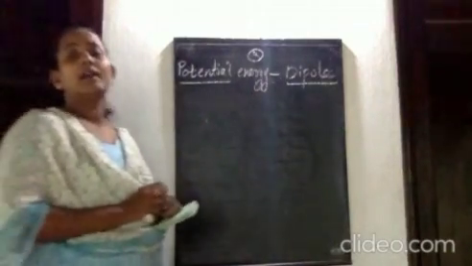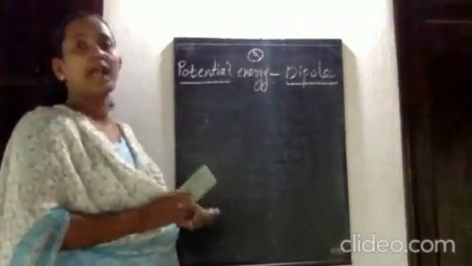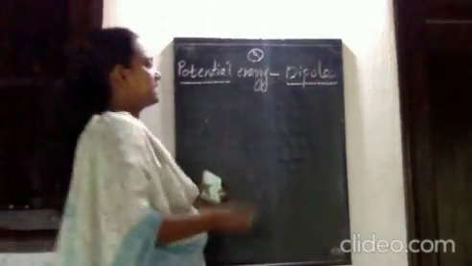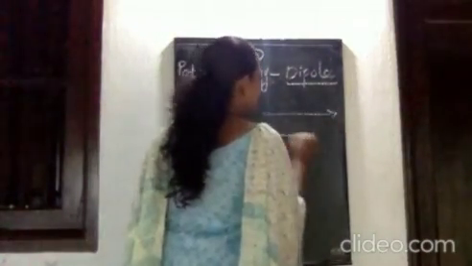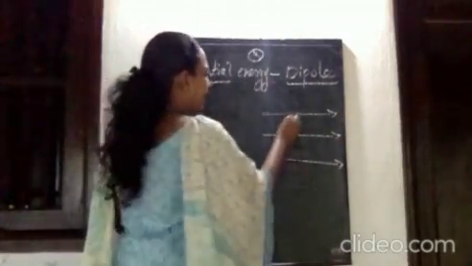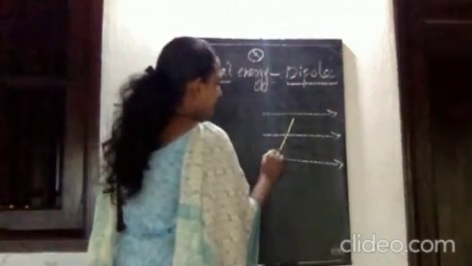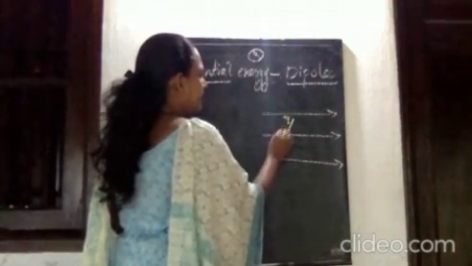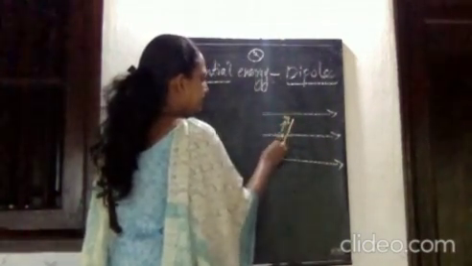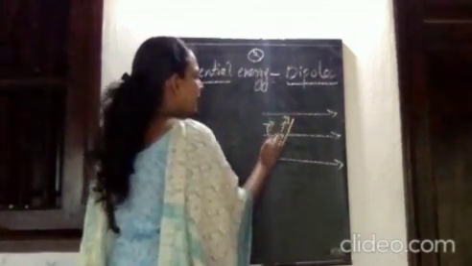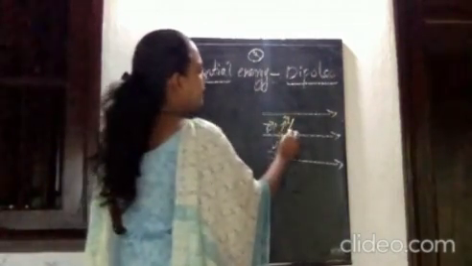Next we can derive the expression for potential energy of a dipole in the presence of an external field. We can consider there is a region in which the electric field is existing, and in this electric field we keep a dipole. A dipole means there is a plus q charge and a minus q charge, separated by a distance 2a. So this is negative, this is positive. Therefore there is a dipole moment acting along this direction,